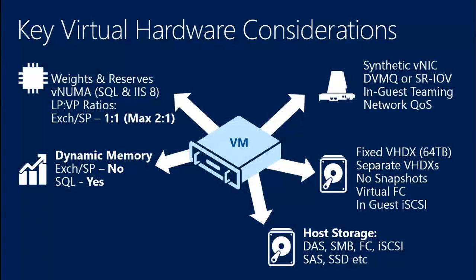So we've talked about, as a workload, the idea of why you might consider virtualizing. We've given you some idea of the performance as well. What are some of the things that you might want to consider as far as hardware? So we're talking about how you allocate resources to the virtual machines in Hyper-V, right? So we've got things like